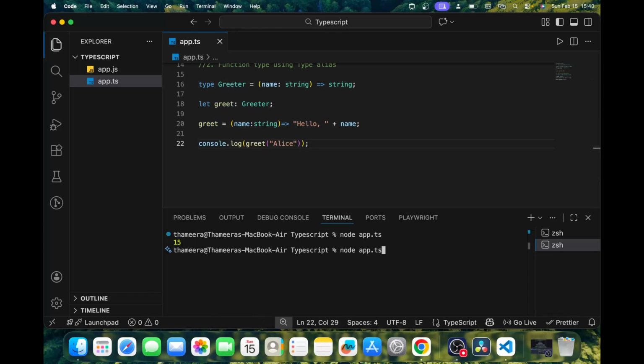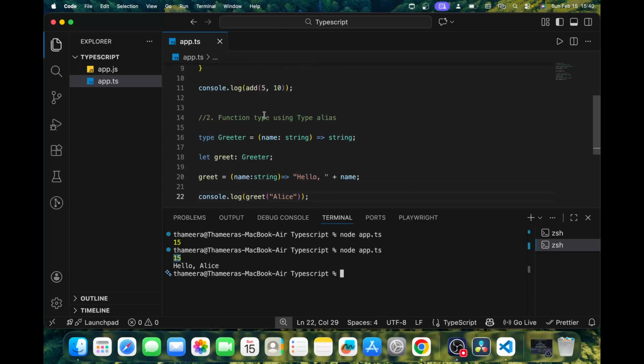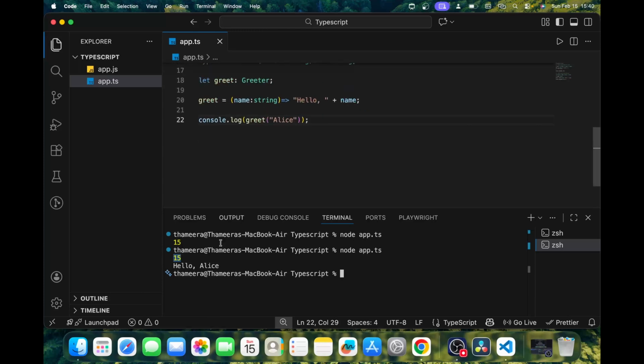Let's see how it works. See, 15 is the previous one. Okay, now you can see hello Alice, the value we are passing through here is printed like this way. So the next thing,